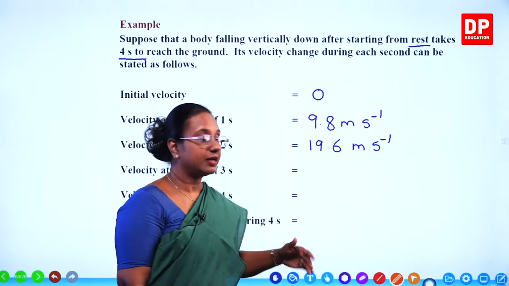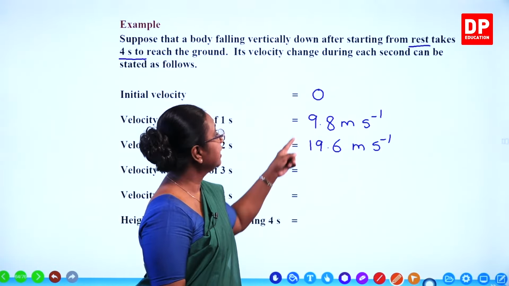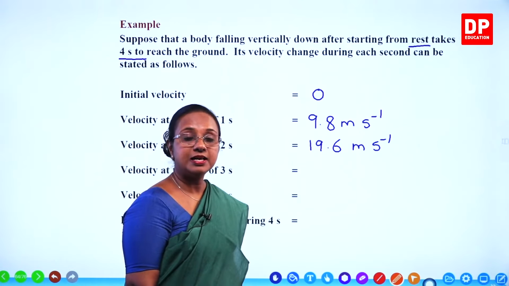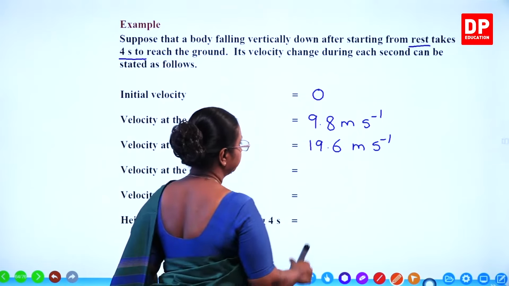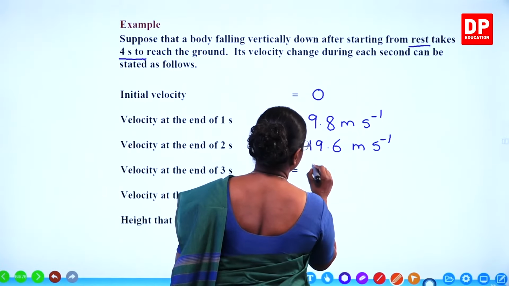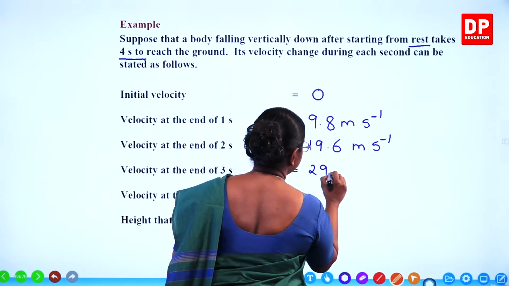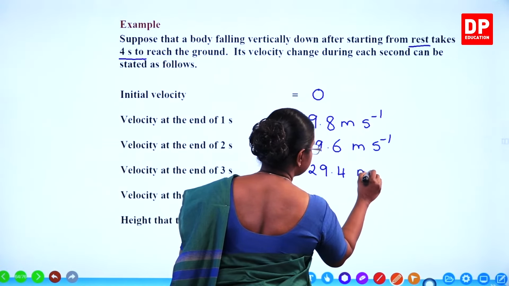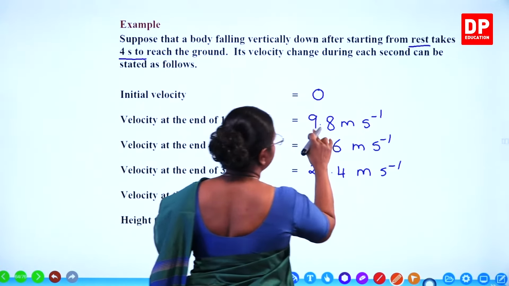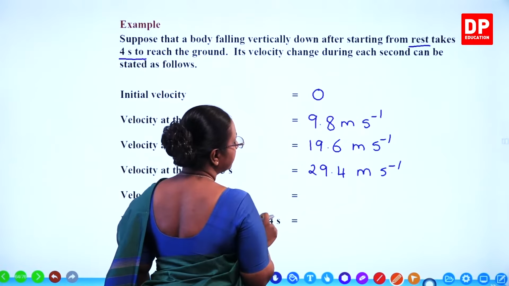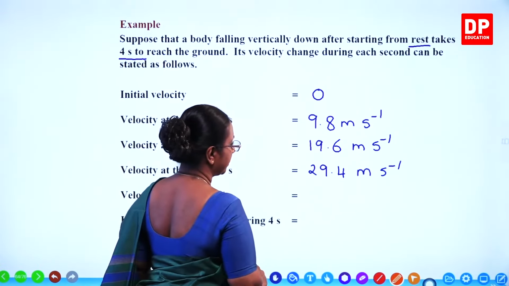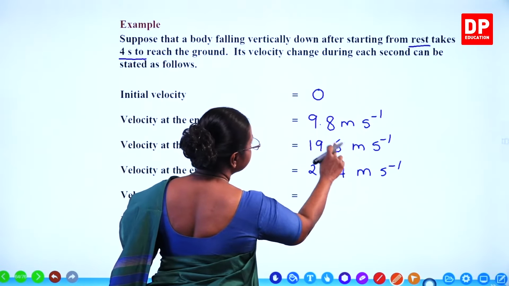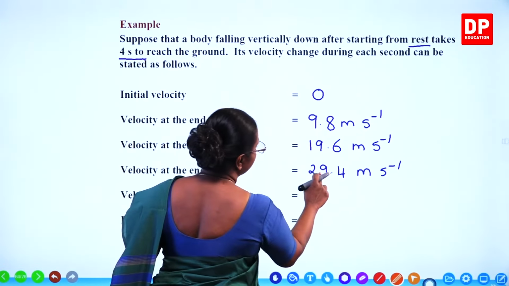Again the next second, that is the third second, it will increase by another 9.8 meters per second. If you add 19.6 plus 9.8, you will get